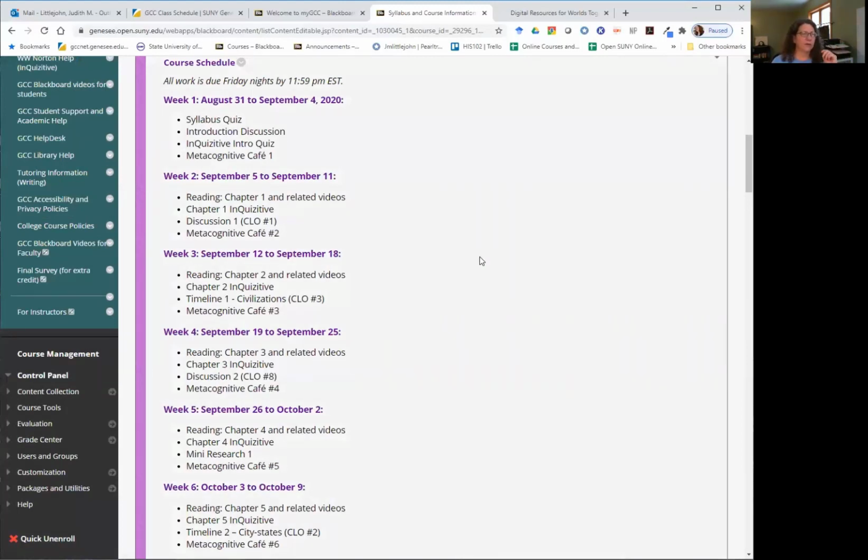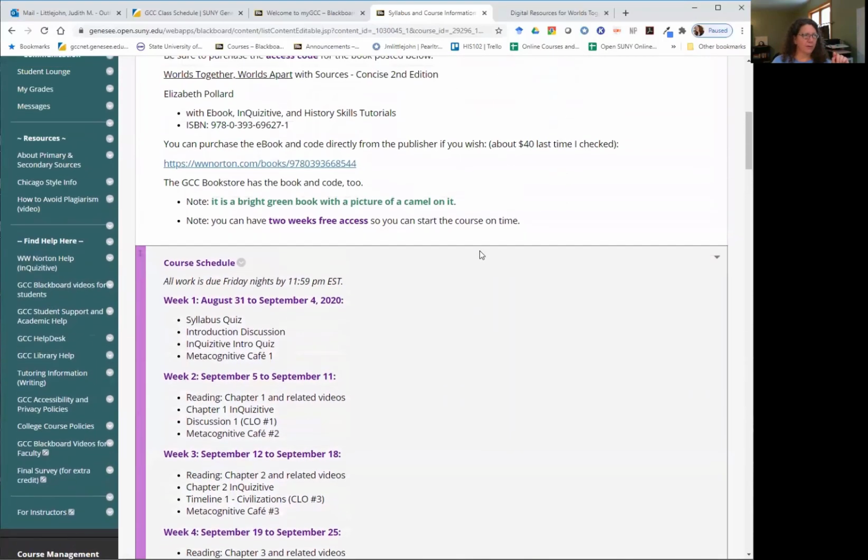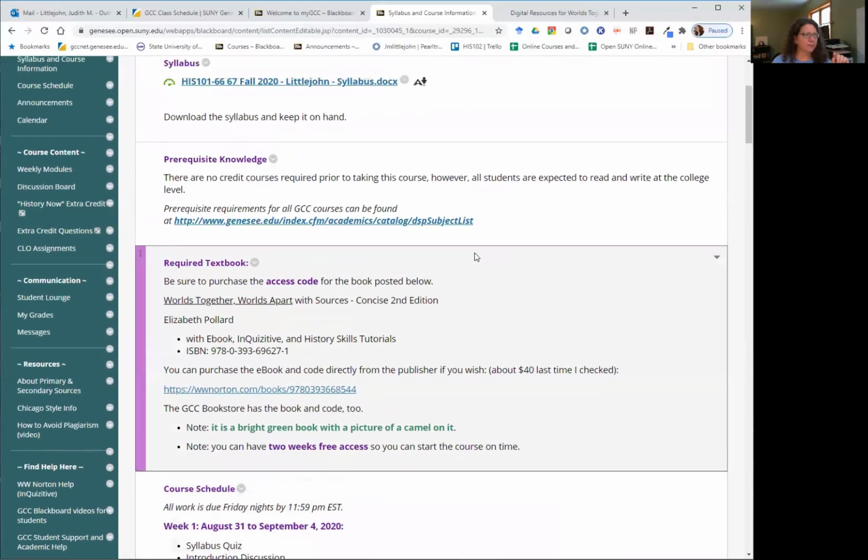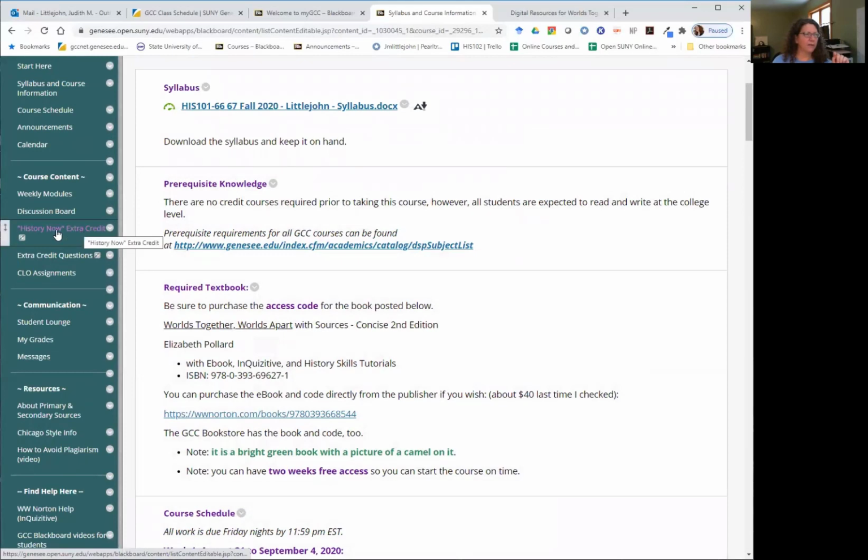Other than these extra credit things that pop out in November, those are called History Now. So that's an extra credit opportunity for you where you'll find a current event, a recently published article about something that happened in this time frame that we're studying, which is prehistory up to 1500 CE.